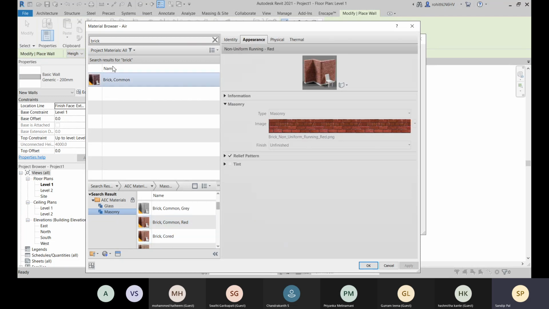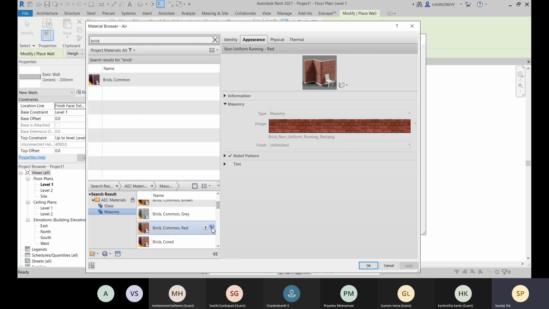So how to add this within this project material? You have to add this within the project material first, then you can apply it, because this is still in the library. What you have to do is select this and click on this option, which is to add it within this document or the project material. If you choose this one, it will add this and open the material editor.